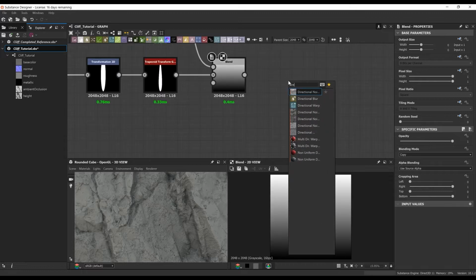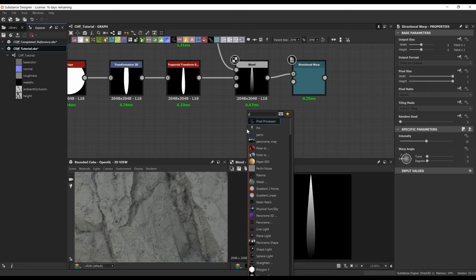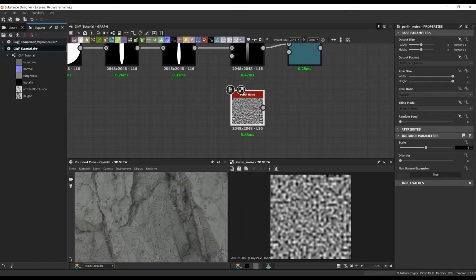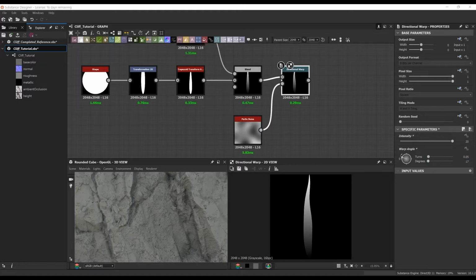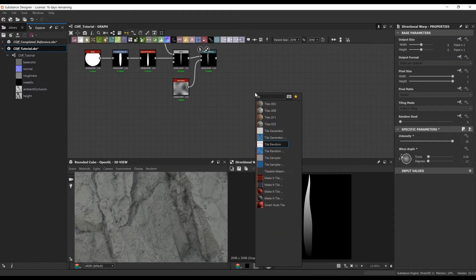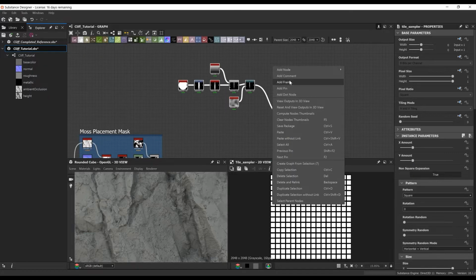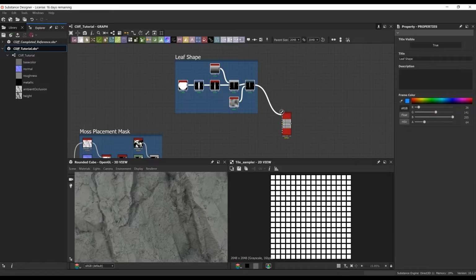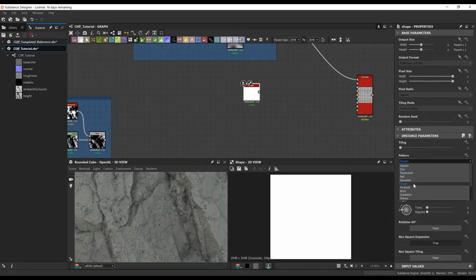So basically all I did here was take a disc shape, I squashed it on the X, and then I used one of my new favorite nodes, the trapezoid node, to just stretch the bottom inwards. I then added a gradient to give it some sort of depth to the plain leaf, and then I did a directional warp with a Perlin just to give it some wobble to it so it's not completely straight up and down.